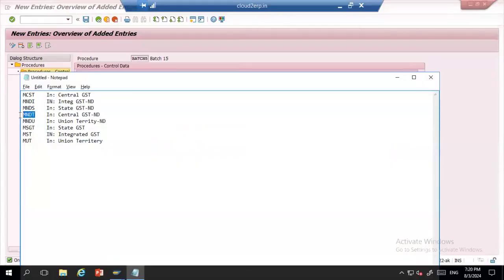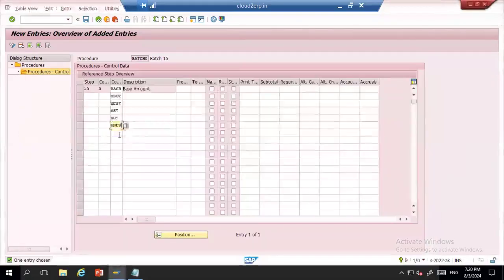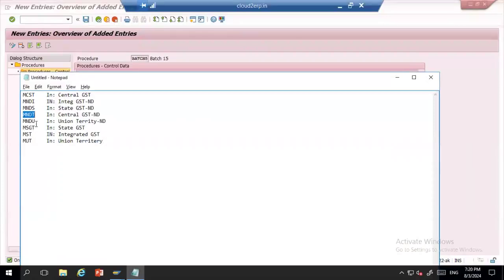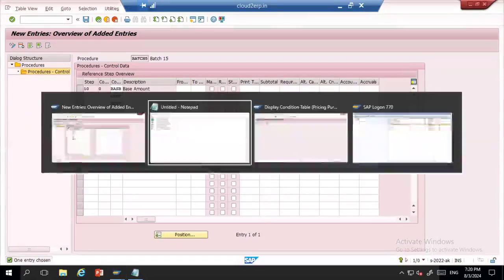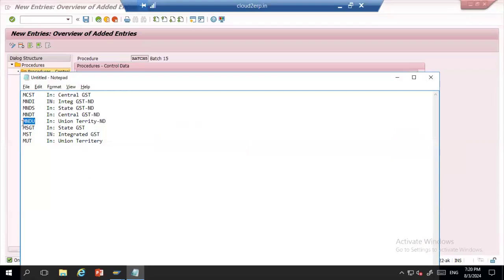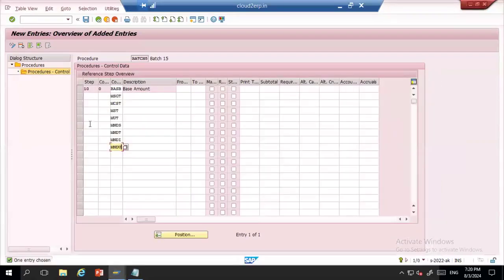Then central, then union territory, also integrated. And keep all the steps different, because all are different condition types.